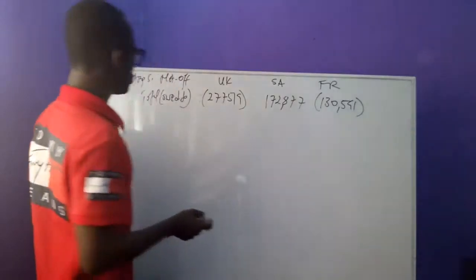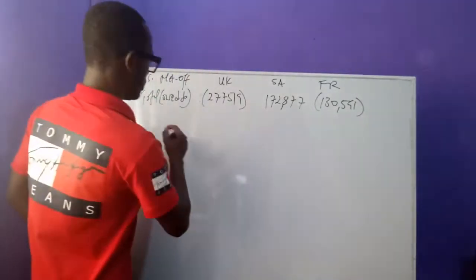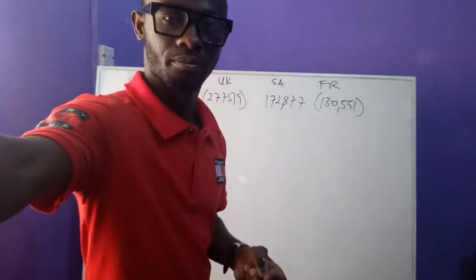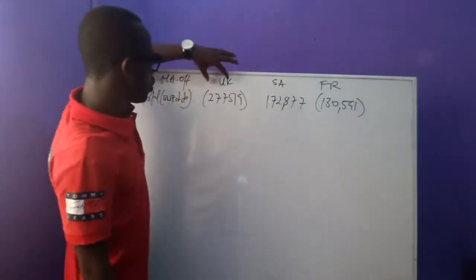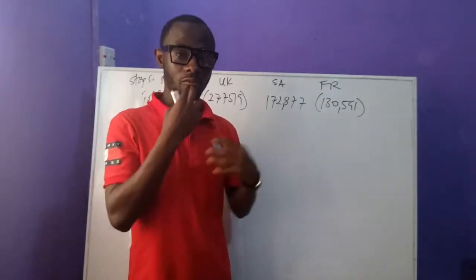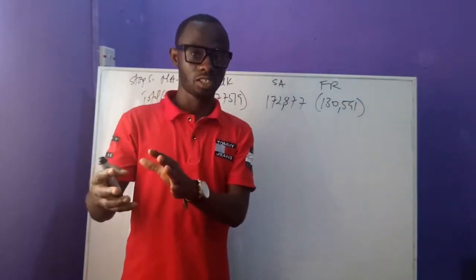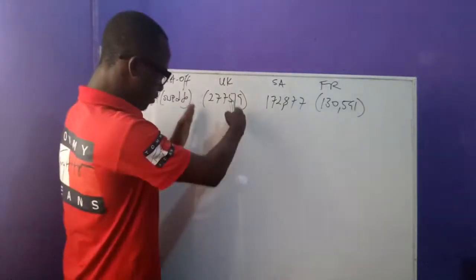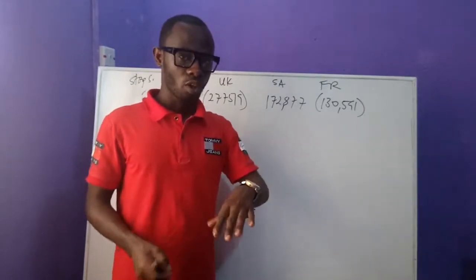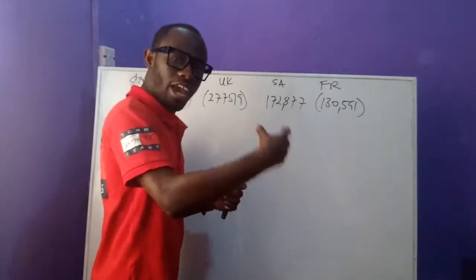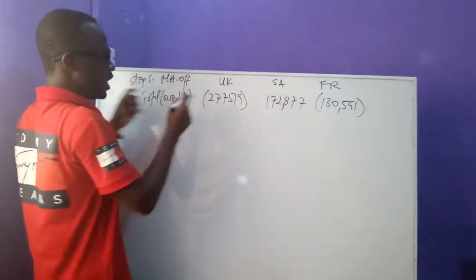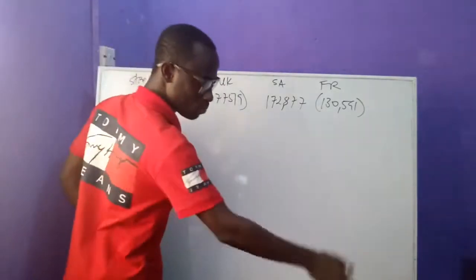Then we saw also that we're going to put the amounts they owe in relation to that there. So the total amount that is owed to the UK company is 277, meaning that they are going to be receiving this money from both the South Africa company and then the France company. However, you saw from the table that the UK company was owing 108,824. So when we subtract that 108,824 from how much they are owing, they are going to be receiving this, and they are supposed to be paying this